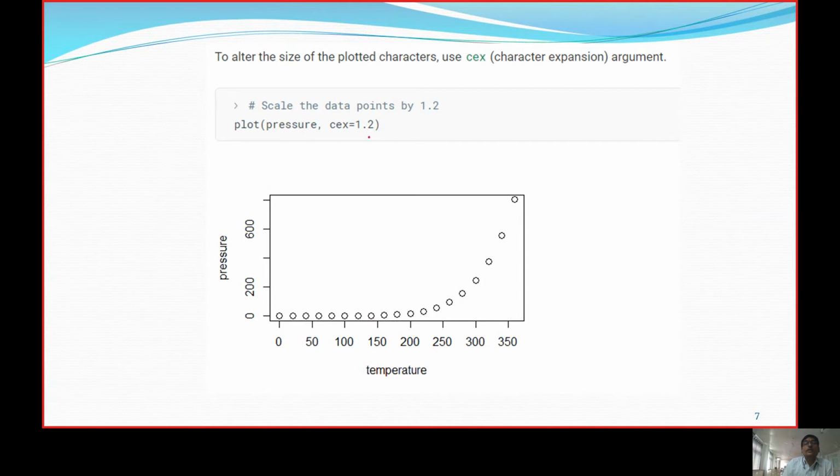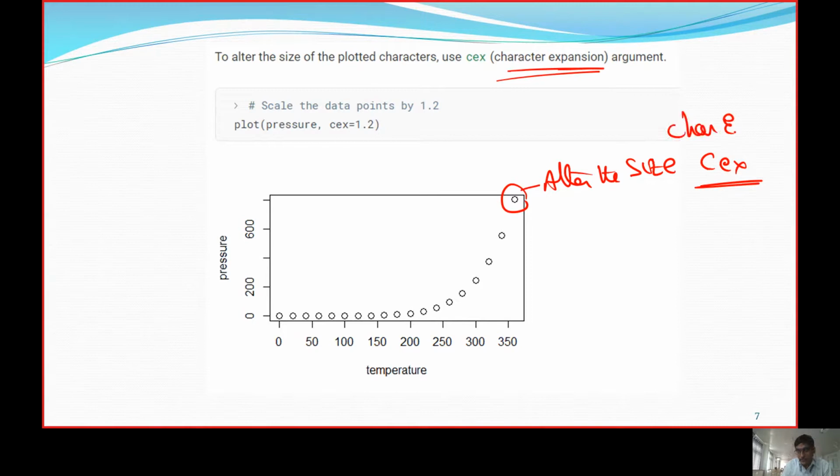Next, we need to alter the size. For that, we are going to use CEX, that is character expansion. We call it character expansion. So how much can it be expanded? Set it to 1.2.